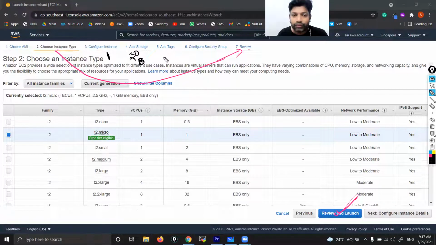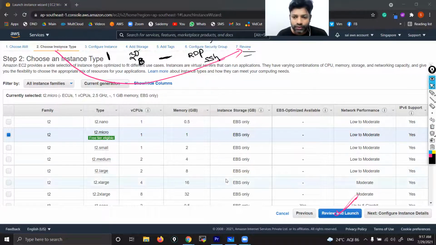Tags: it won't take any tag, no tags. At the end of course, you'll get an option to give a tag. That already you know. So that's why there won't be any tags. Coming to security groups: if it is Windows, RDP will be opened. If it is Linux, SSH will be opened by default. So these are default things that will get selected automatically, and straight away you will jump to the review stage. That means we are skipping all options. Within 2 to 3 clicks, you are launching your instance.